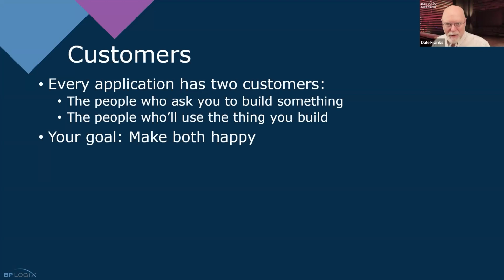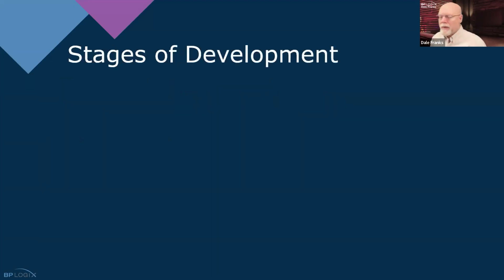So you need to make both of those people happy, which requires sometimes that you discuss with your first customer, the people who have commissioned the application, why some features or some methods of operation that they want to implement might be irritating to the people who are using the app. Because an application that end users don't like is not an application that people are going to want to adopt, at least not willingly. So both of those customers have to be satisfied.